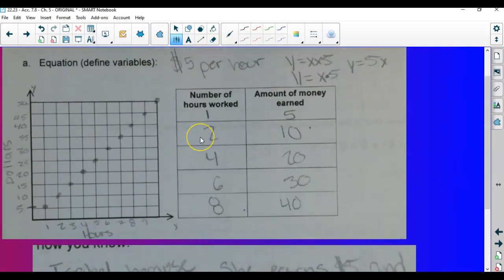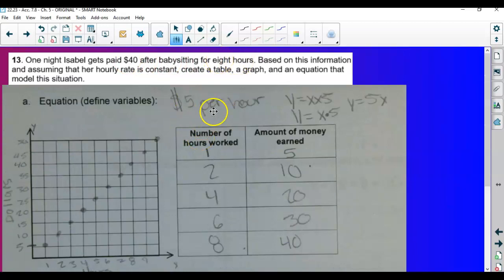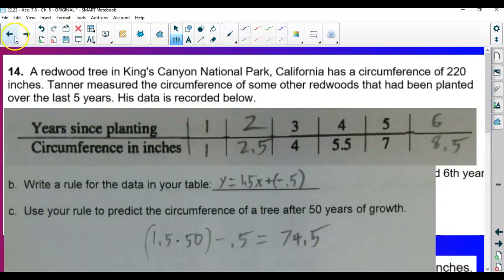Isabel earns more. $40 in 8 hours is $5 an hour. I do not know if I would watch small children for that little. Yeah, and you get $40 for 8 hours, right? And who wants to babysit for 8 hours? That's not even enough to buy